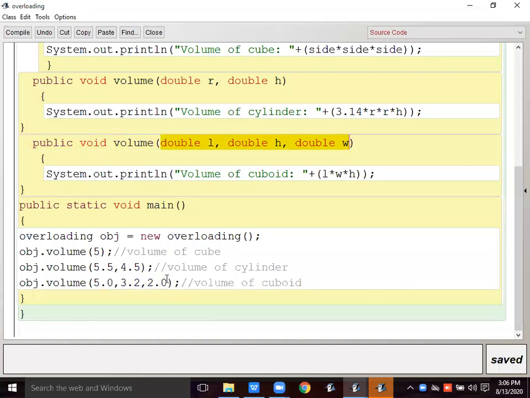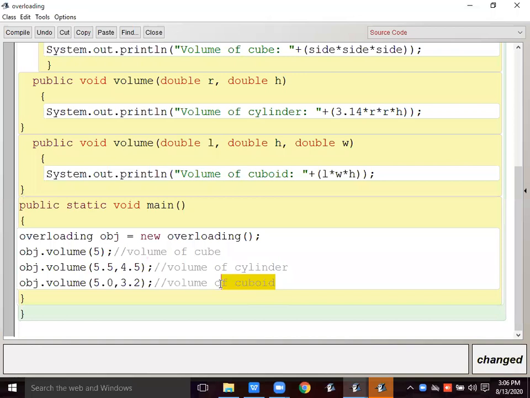Now suppose I am not passing the third parameter, then what will happen? See, over here, the first method, volume of the cube, will be executed, the second, volume of the cylinder, will be executed, then again only two parameters, so it's not going to call the cuboid, it's going to call the cylinder.